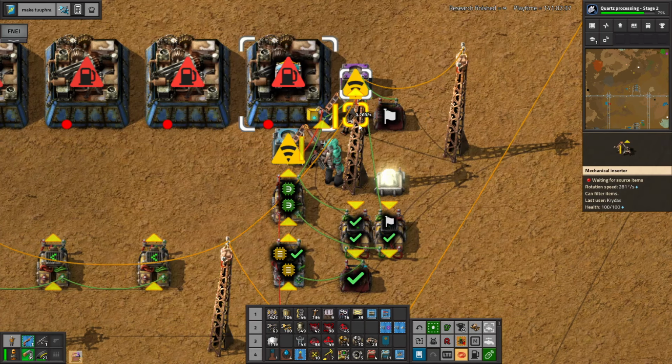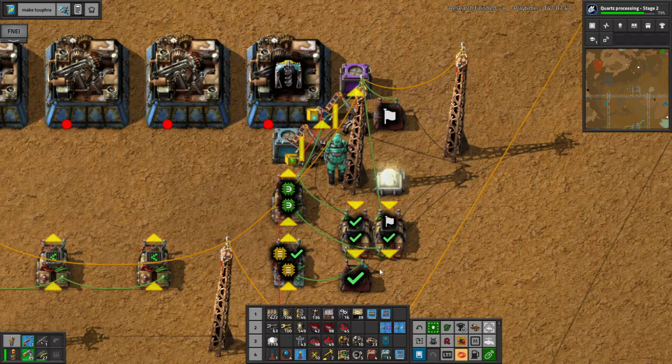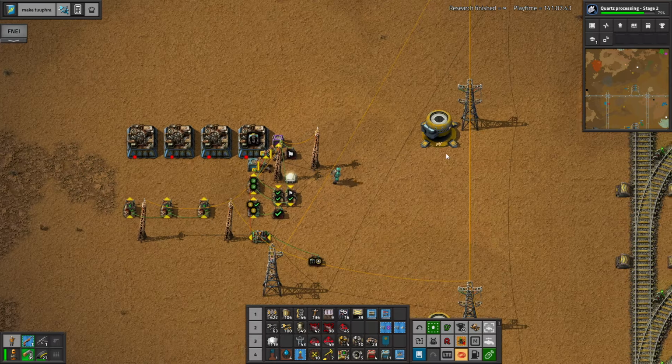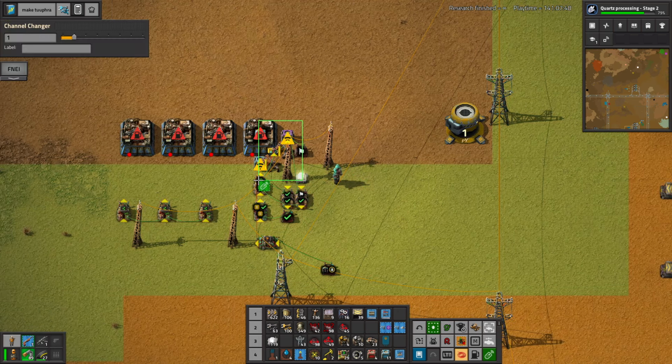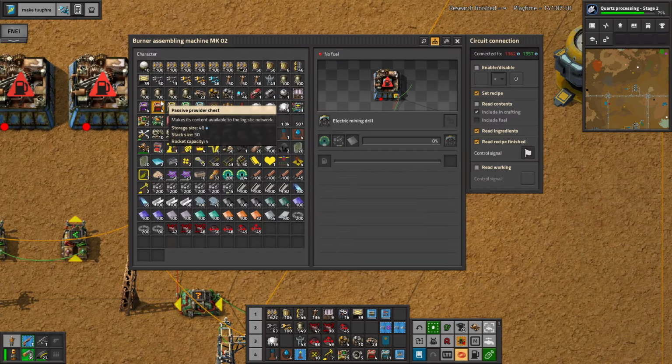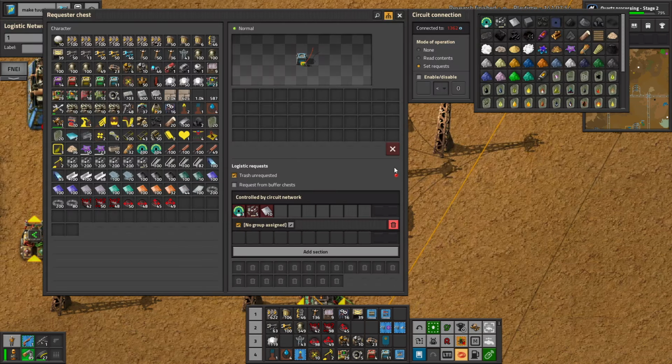I'm almost like stressed, like in a good way, but oh my gosh, my heart's pounding faster than it normally is playing Factorio. Okay, we are doing channel 1 for this, so those would be on channel 1. And that's requesting the ingredients